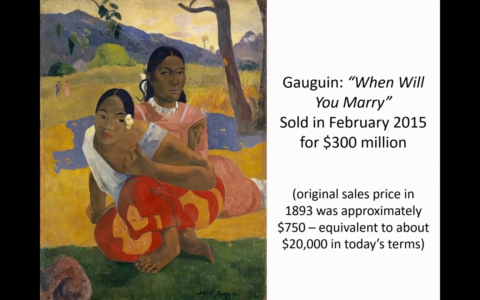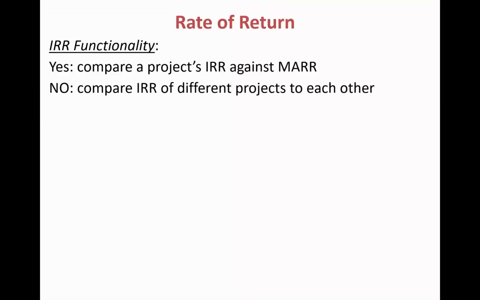But let's just ask ourselves, could we calculate a rate of return? And maybe, but what we couldn't do is calculate the internal rate of return. I mean, if we put the numbers into a spreadsheet, we would get an interest rate, but it wouldn't apply, because remember, the assumption of the internal rate of return is that you're going to reinvest your profits. And so the IRR that we were talking about previously, how do we use that analysis? You can use the IRR to compare a project against the minimum. And so that's the initial screening.